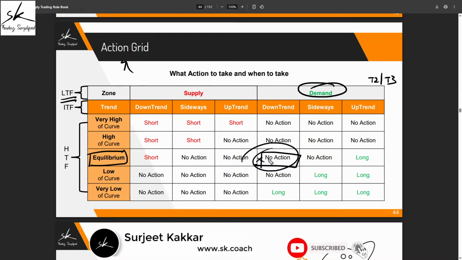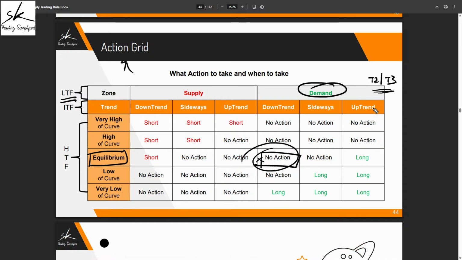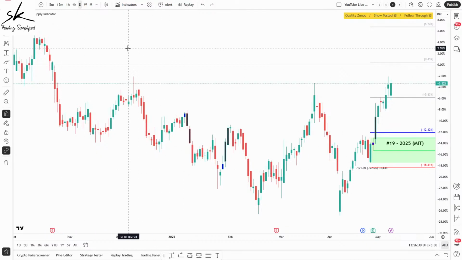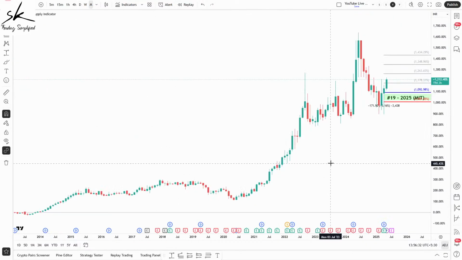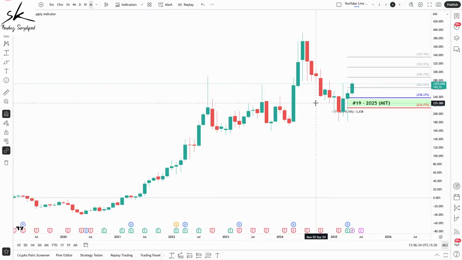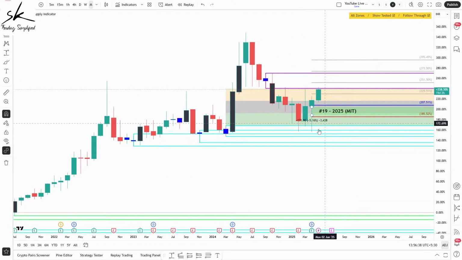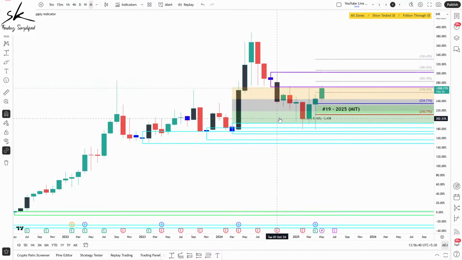Right, but let's say if you're someone who does not follow this conservative approach, you are a little aggressive trader, then you can say, okay, for me, it is still a type 2 or a type 3 trade. So the first thing, based on our trade plan, by default, this is not a valid trade. But now, why I have taken it as an example, because if you go back to this trade setup, what you can see is that we have already hit the very high of the curve, right? So let's wait for a few seconds. Can you see that's my monthly supply, and we have already hit that monthly supply.